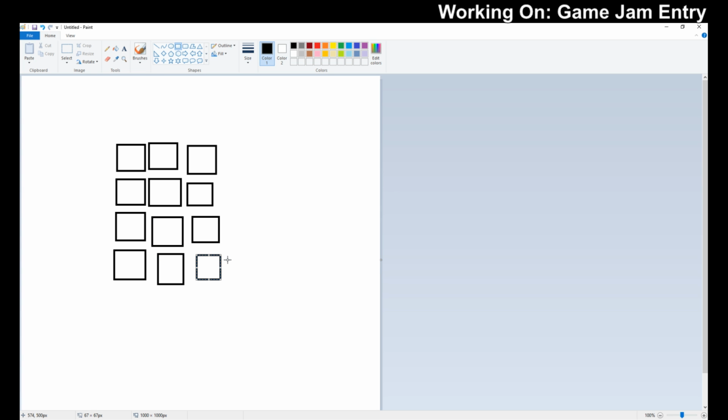Let's say you have an inventory like this. It's not a headache. These are things that I am going to have to do at some point, so thinking about them isn't really an issue. So let's say you have a system like this. Now, the question you need to ask yourself is, is this just a visual representation of a flat array? Is this 1, 2, 3, 4, 5, 6, 7, 8, 9, 10, 11, 12, 13, 14, 15, 16, and then you just simply fill things in?